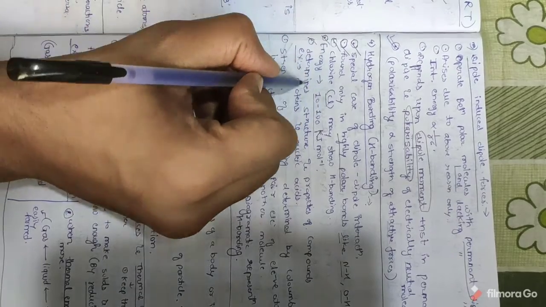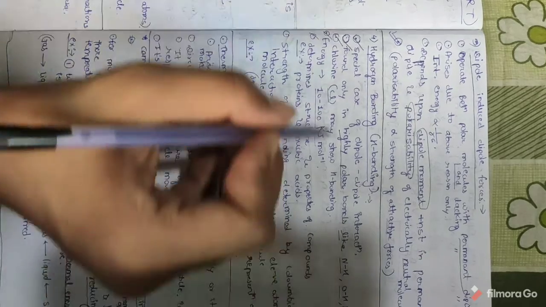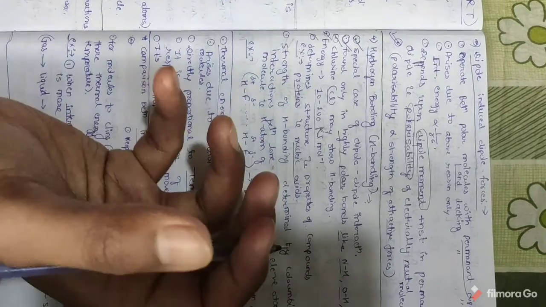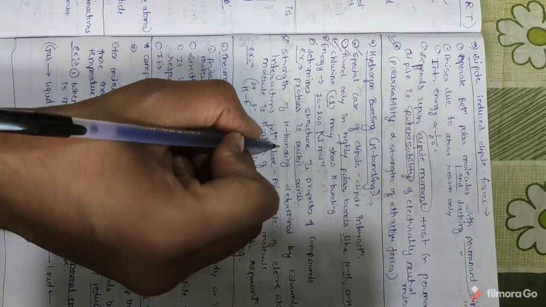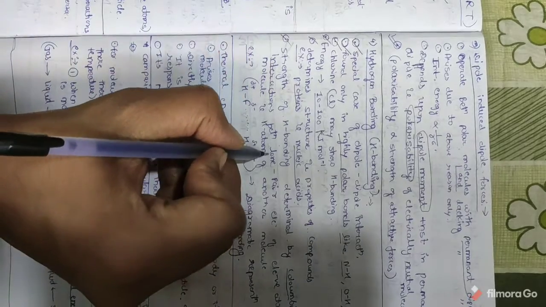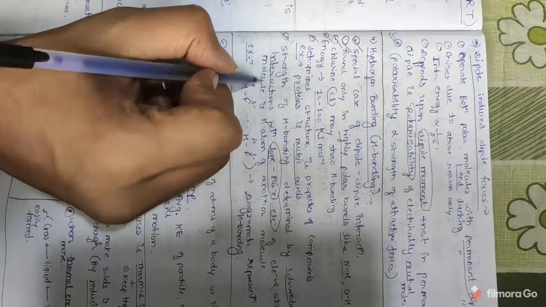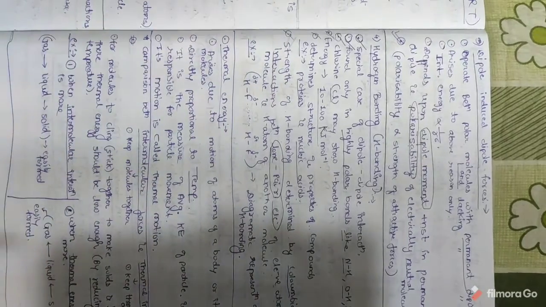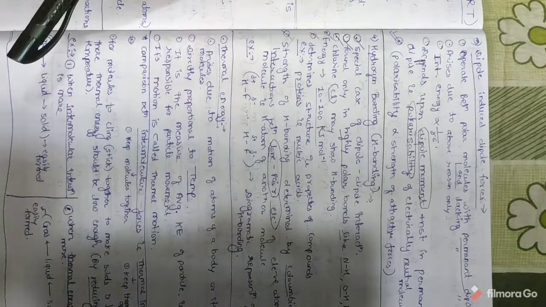Next, very important, it determines the structure and properties of compounds. For example, which type of compounds? Proteins, nucleic acids, biomolecules. Next, the strength of hydrogen bonding is determined by Coulombic interactions, very important, between the lone pair electrons of electronegative atoms of molecules and the hydrogen atom of another molecule. That means between the lone pairs of one electronegative atom and the hydrogen atom of another molecule.